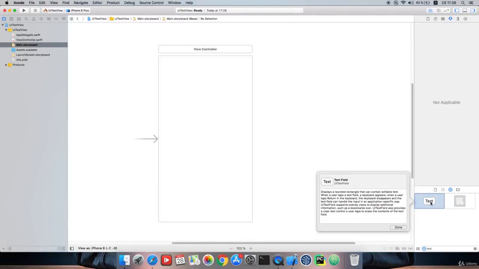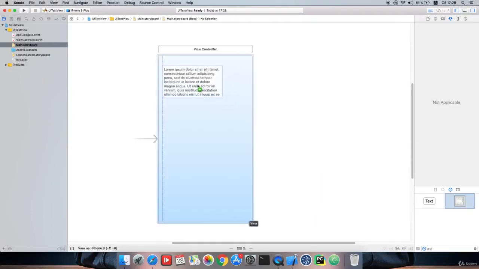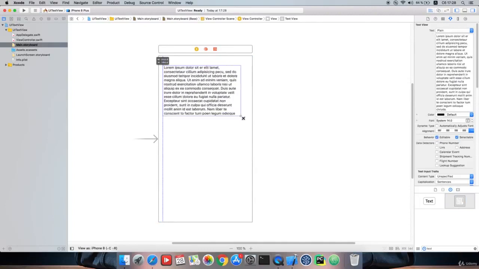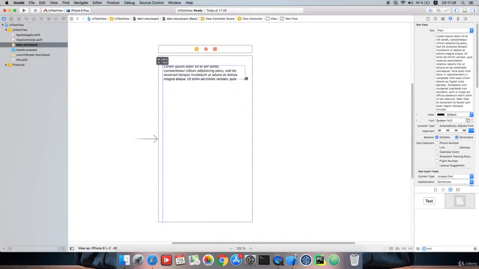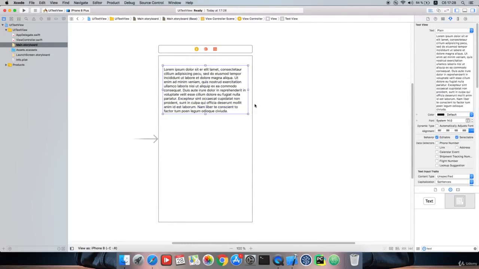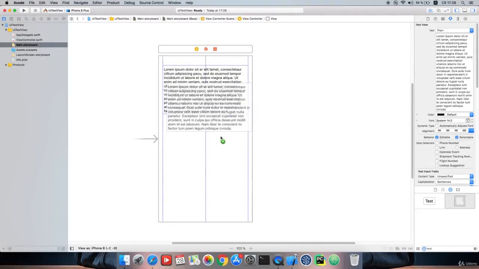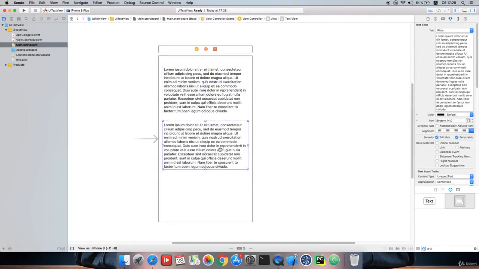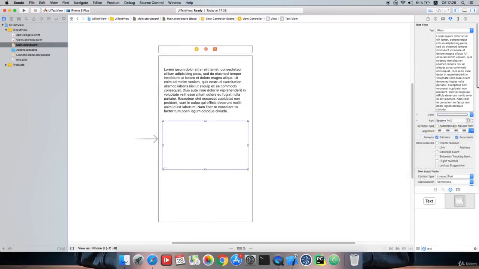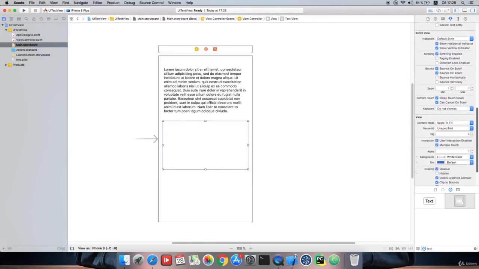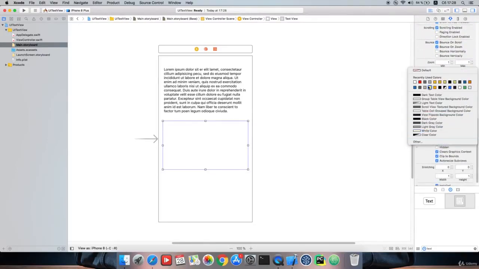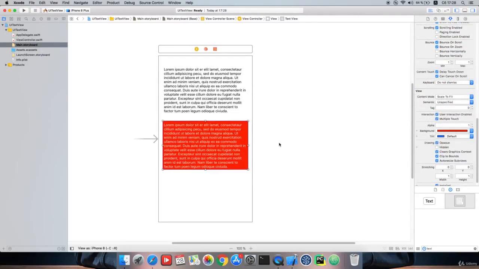But if we need text with a lot of lines, then we need to use an element such as UI text view. Let's move it to the screen. You see that it contains many different lines in itself. We can stretch it as we need, hold Option and copy the second element. Here, for example, you can set the color to white